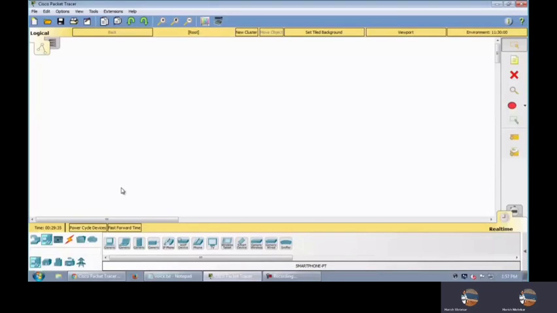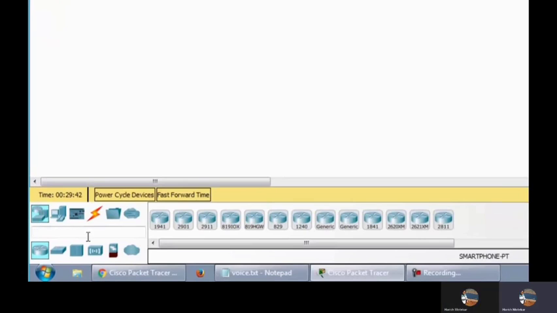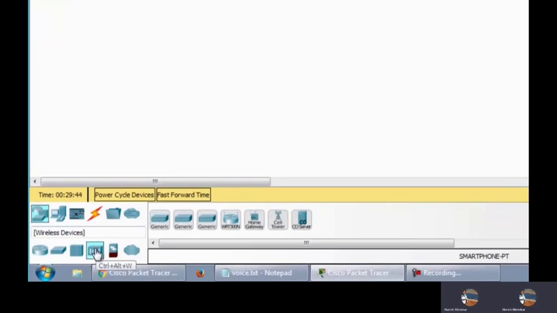Okay, let us begin with the Cisco Packet Tracer, and we'll see here how to create a home automation using wireless connections and wired connections. For wireless connection, first we will require the router so that we can connect the components. First, we will take a Wi-Fi router, that is also known as home gateway.